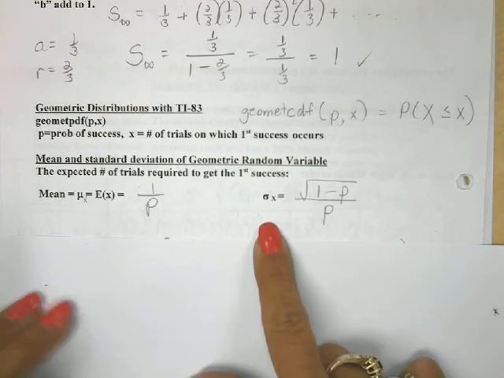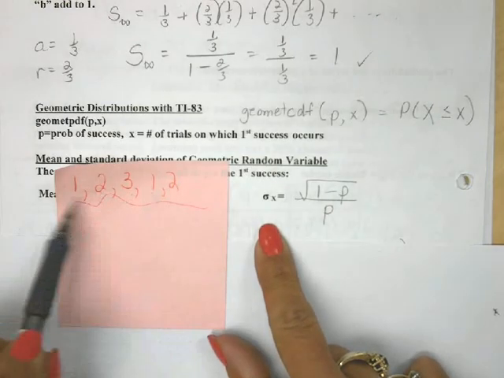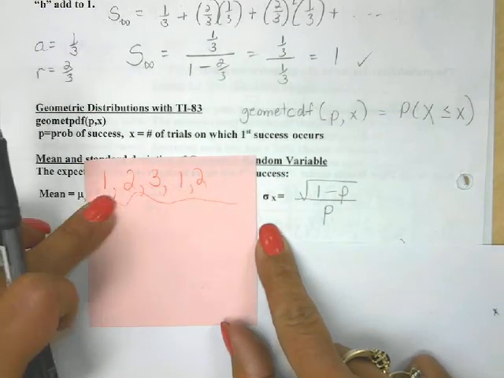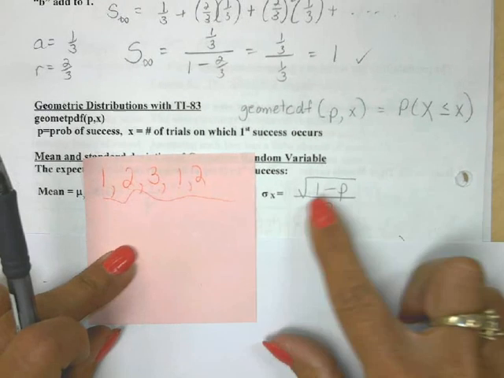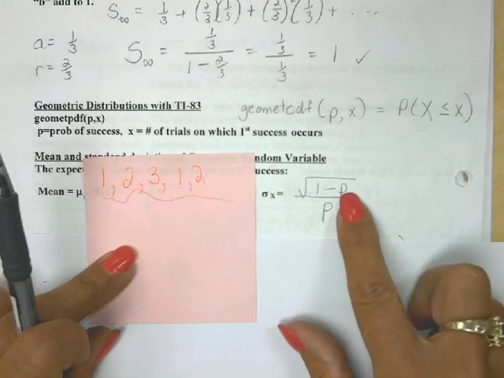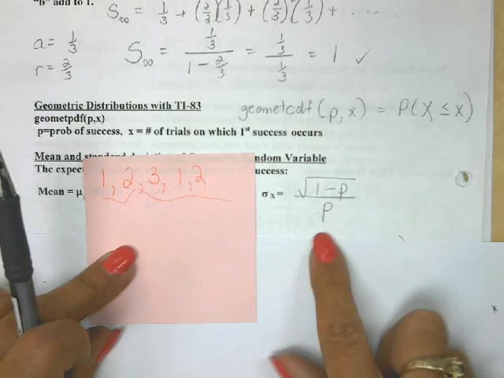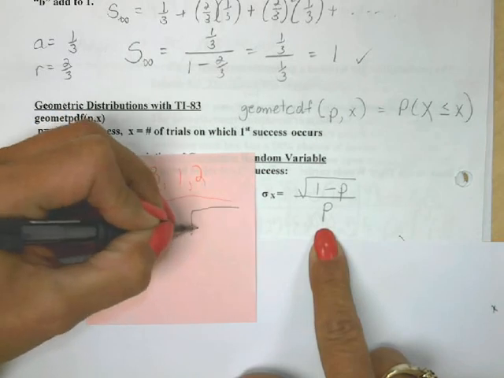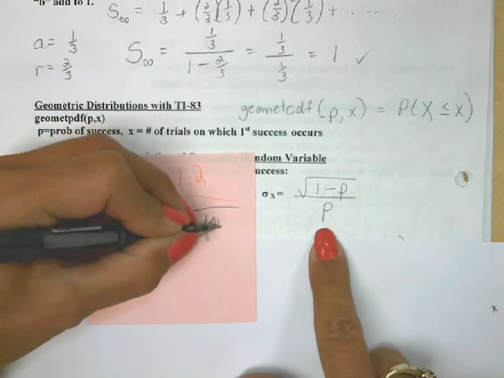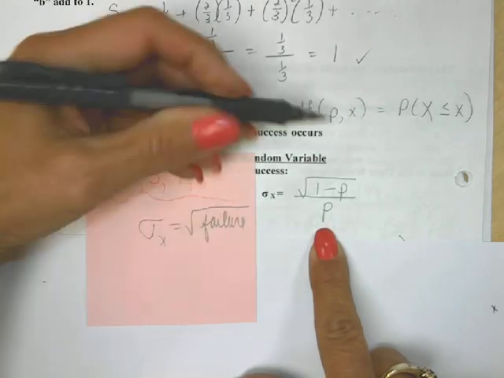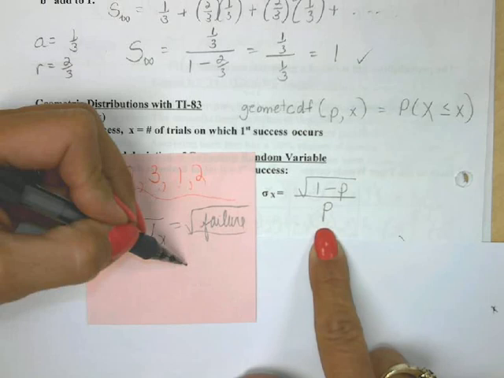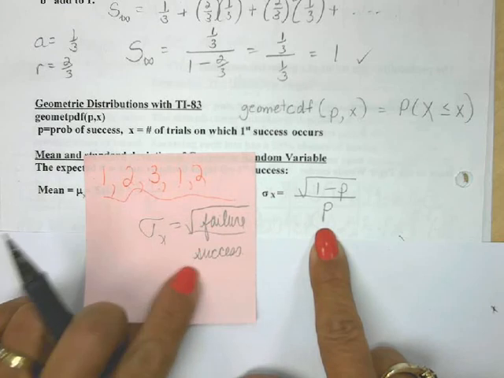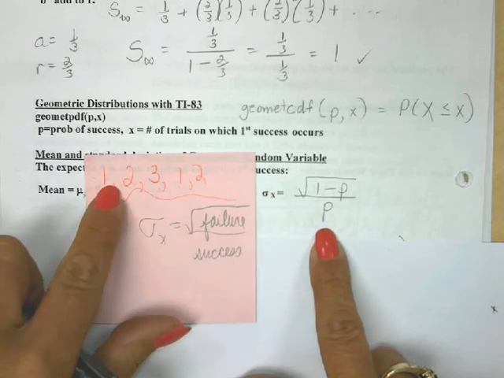Now the standard deviation of these values. Back to this little piece of paper, these are not all the same values, so we know that they do vary. And the standard deviation of these values, theoretically, will come out to be the square root of 1 minus p, p being the probability of finally getting that success, over the probability of a success. 1 minus p is really the probability that you fail, divided by the probability of that final success.